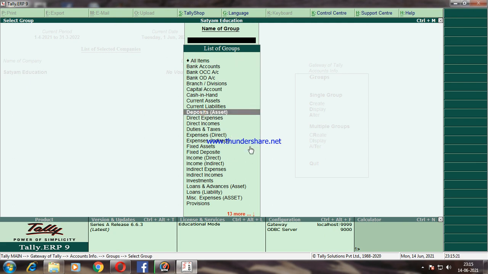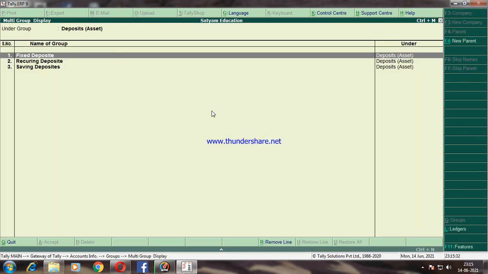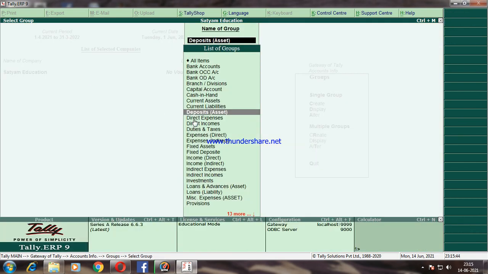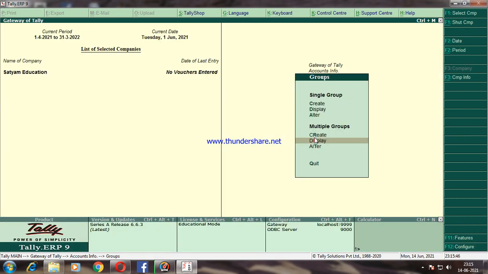In the deposit assets we have created three: fixed deposit, saving bank deposit and recurring deposit. Just select, press the enter key. Fixed deposit we created individually by single group option, recurring deposit, saving deposit. So like this we may display the multiple groups at a time using the display option from multiple groups.